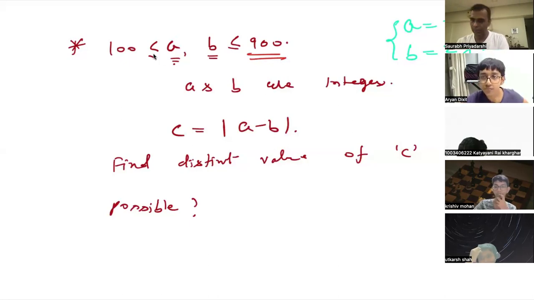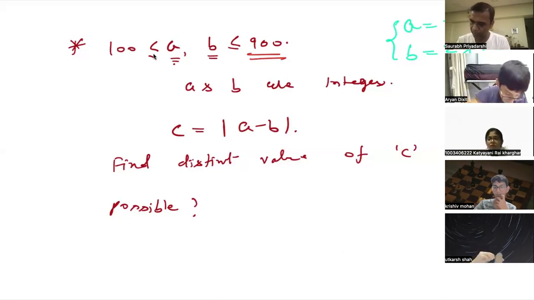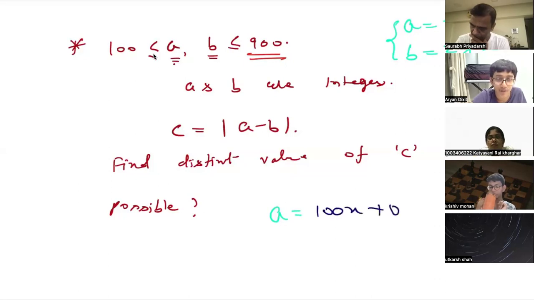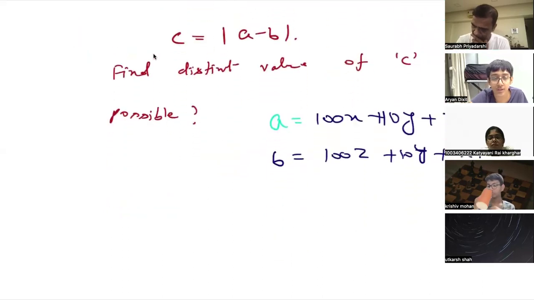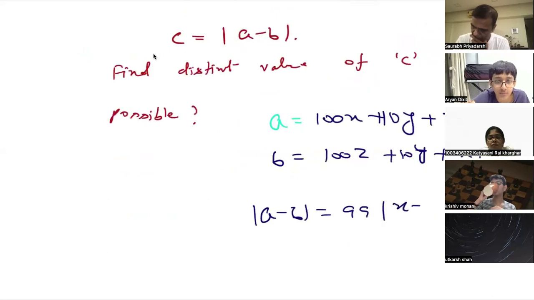See, how many possible numbers are there, right? So this is A is nothing but 100x plus 10y plus z और B है 100z plus 10y plus x। दोनों को माइनस करेंगे तो आ जाएगा 99 इंटू x minus z।